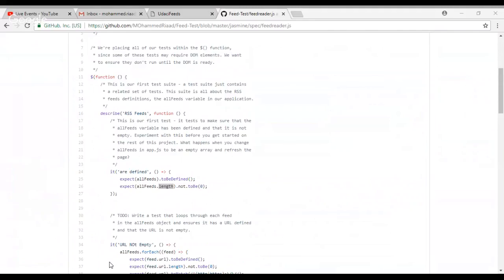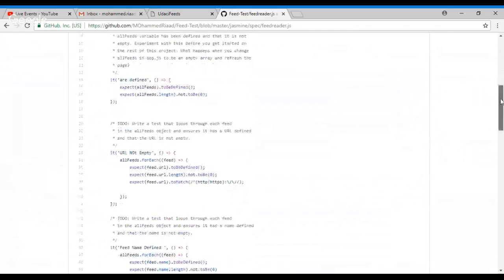So this is the first test case for this exam. I hope this can help you to pass your first test. For the second one, we are going to write a test that loops through each feed to make sure that every URL is defined and not empty. Now we are going to make sure they are defined and have names inside it. So we are going to deal again with the allFeeds variable